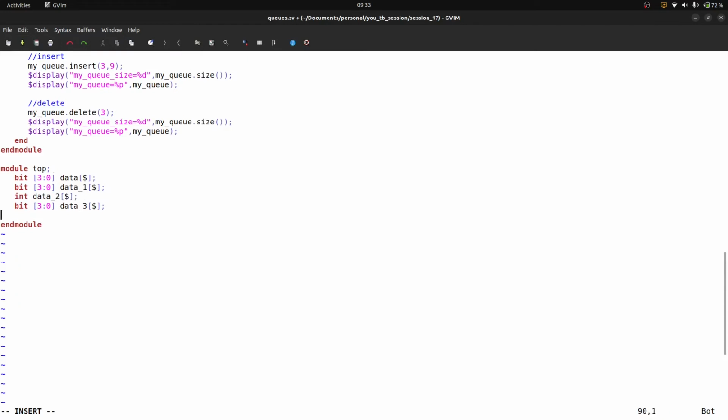Okay, now initial begin, end. So guys, first of all we need to initialize the array, right? So I am writing foreach data of i, begin, end. Now we need to understand the things. Actually foreach will not work with queues,